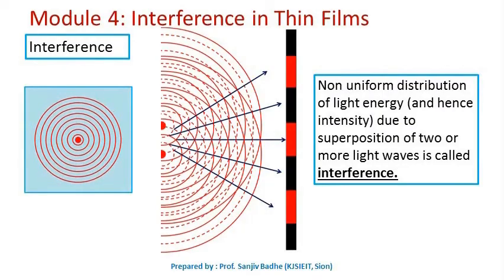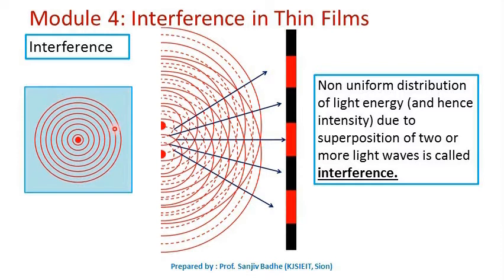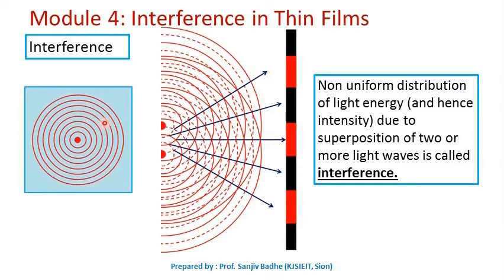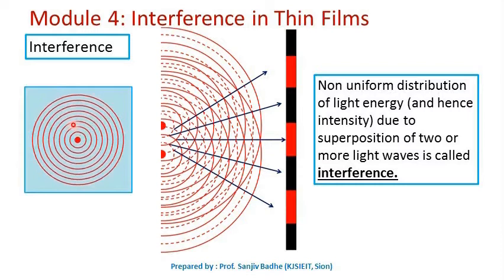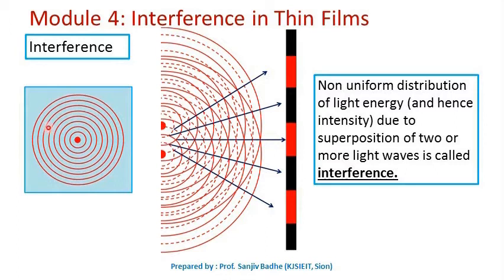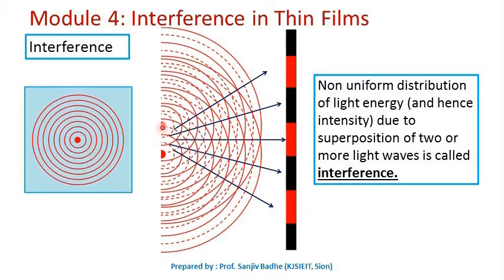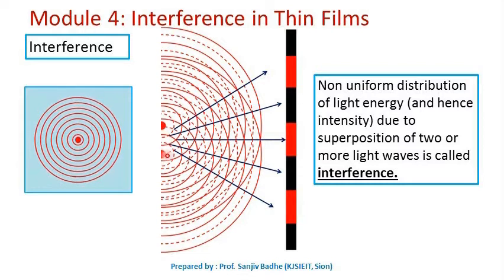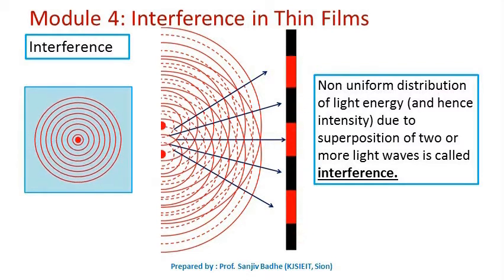Light is a form of wave motion. A single source of light gives out energy in the form of waves, which is uniformly distributed in the surrounding medium. So for a single source of light, the energy distribution in the surrounding medium is uniform. But when we keep two sources of light close to each other, then the energy distribution in the surrounding medium